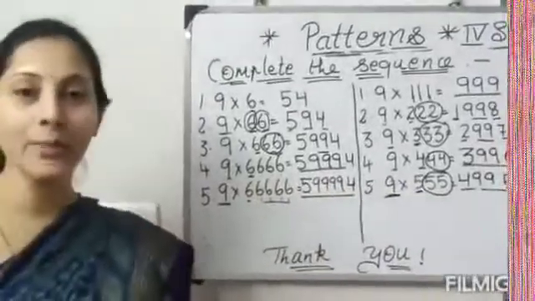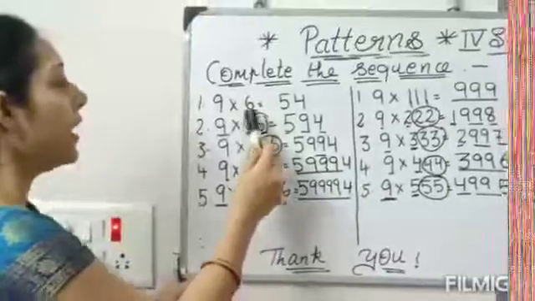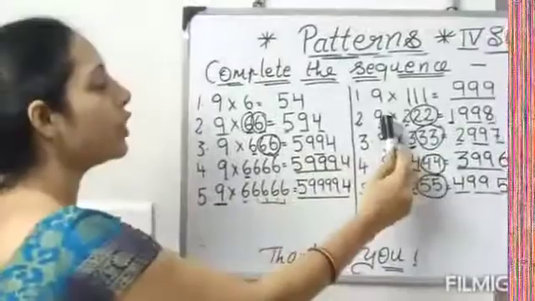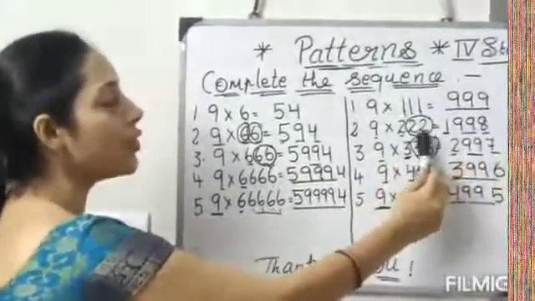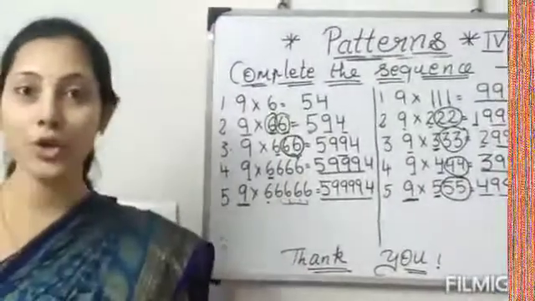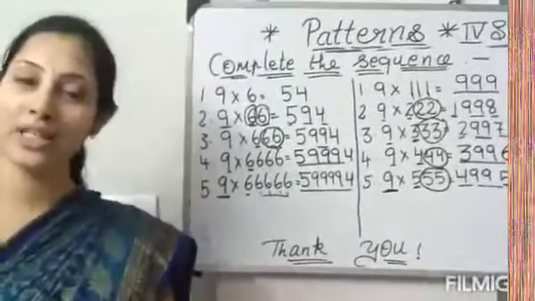Is it clear? Okay. Once more I am saying, you see. 9 6s are 54. 1 6 left over. 1 9. Here also 9 2s are 18. 2 left over. 2 9s. Is it clear? Once you practice at your home, you will find it very easy, and then we will see you